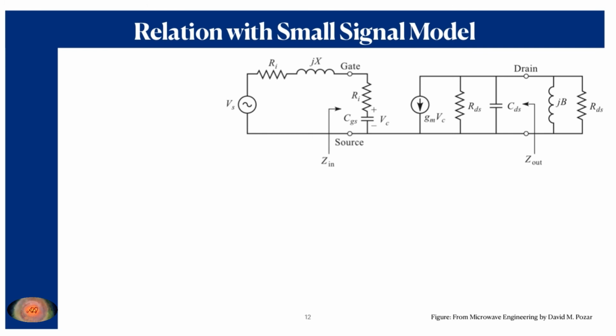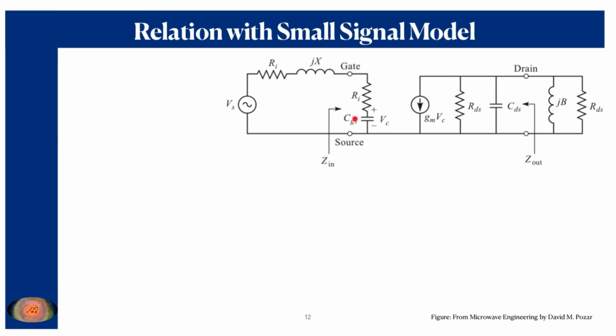In this diagram, I have used a small signal high frequency model of the FET amplifier, where this is the physical gate terminal, this is the physical source terminal, and this one is the drain terminal. The model is represented at the input side. If you look from this terminal, this represents the input impedance, which is denoted as Zin, and which comprises this Ri along with this CGS.